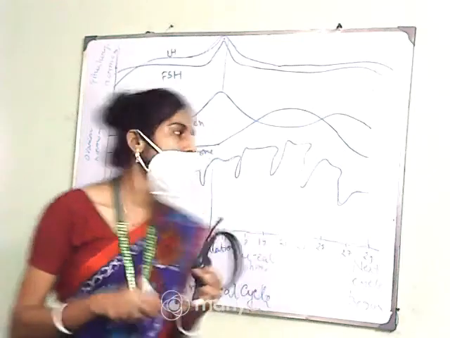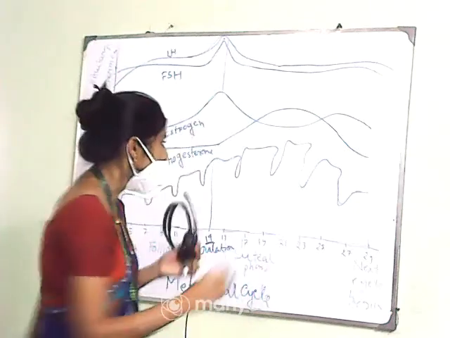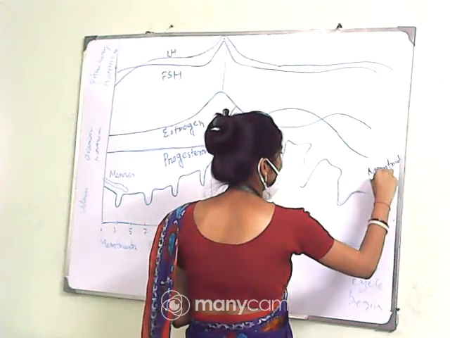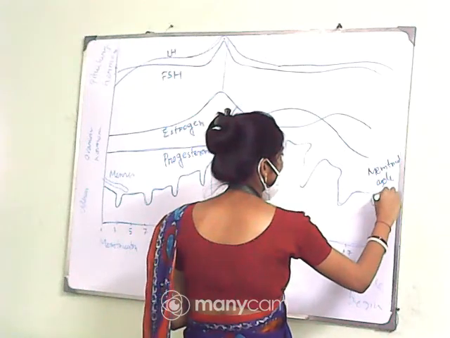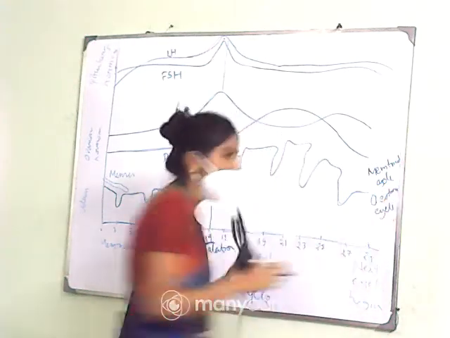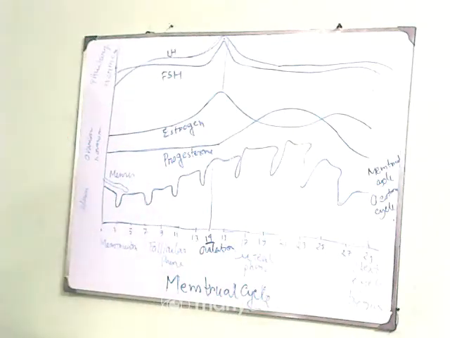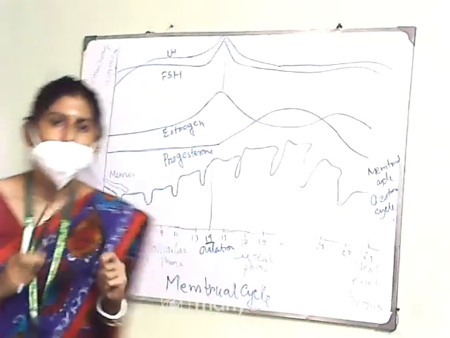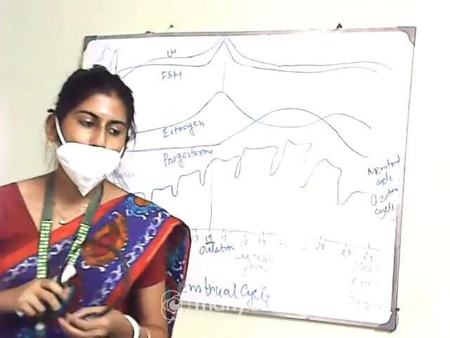So the first difference between them in their reproductive cycle is, in case of primates we will get the menstrual cycle, but in case of non-primates we will get another type of reproductive cycle, that is the estrous cycle. Okay, so what are the differences that can be found between these two cycles? So the first difference we have got is that the menstrual cycle is present in primates, and the estrous cycle is present particularly in non-primates.